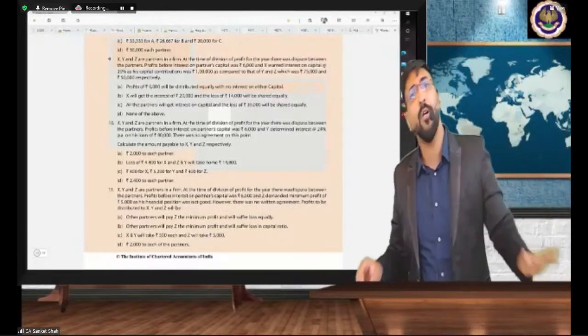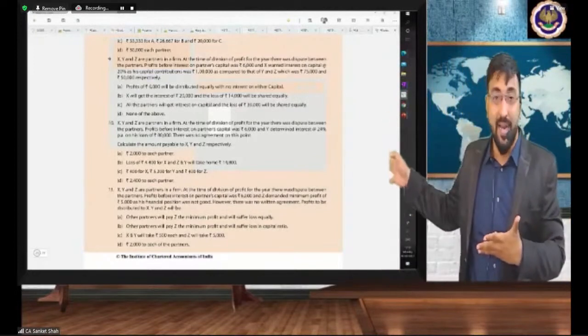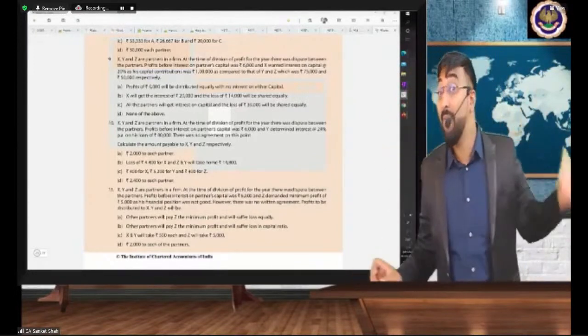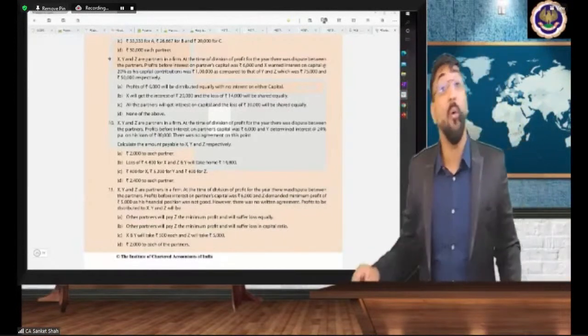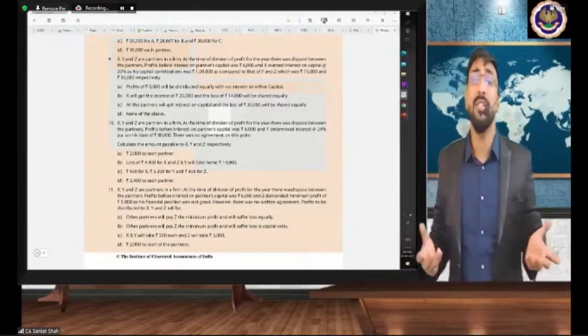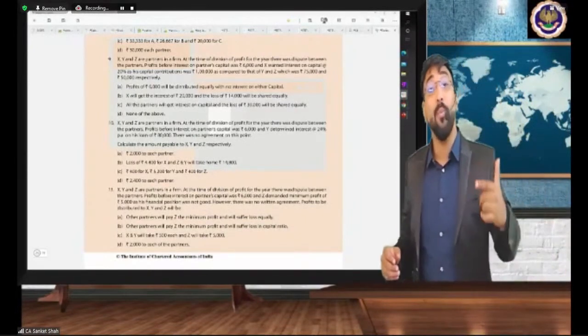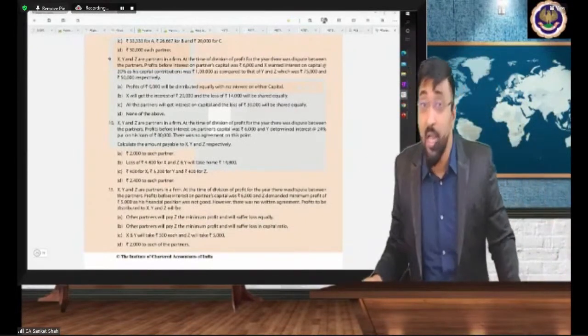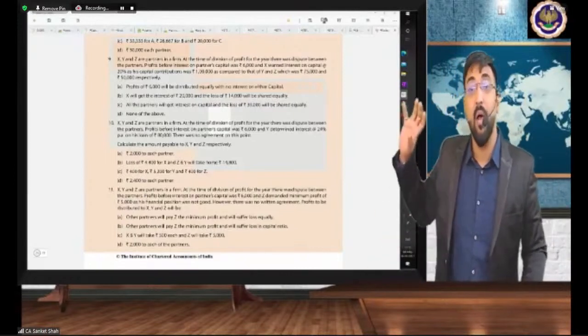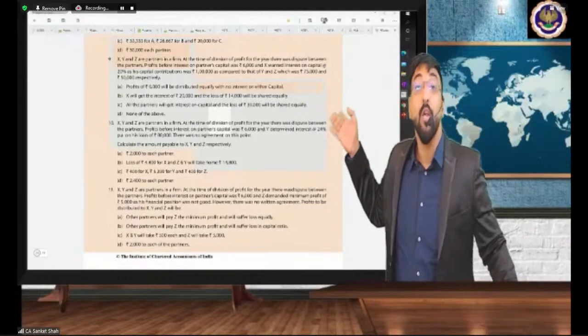So by profit or by any reserve that you kept aside, that reserve is also ultimately for the partner only. So by reserve. After that, you have by interest on capital. And after that, any liability which is taken over by a partner, the partnership firm will now pay to the partner. So by liability account. And remember, if any drawings are there, you will write it on the debit side,